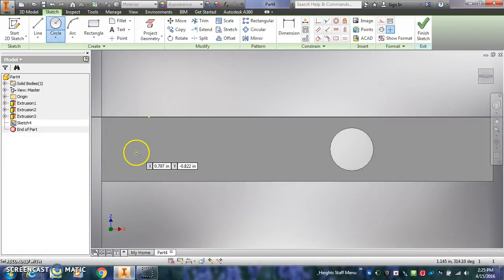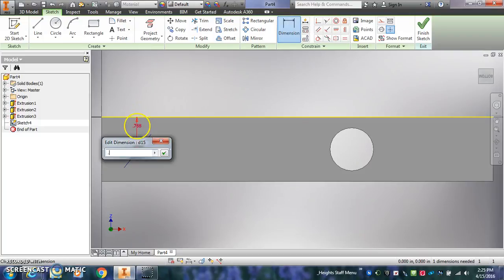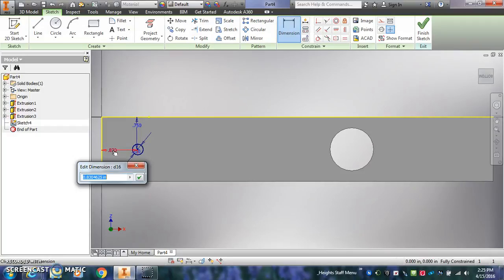Again, 1/4 inch circle, grab the circle tool, 0.25, enter, and then dimension. If you remember from the other little circle, we did the center to the top, 0.75, and then center to here. And I want to do 5/8 just to show you what it'll do. So see how I typed in a fraction and it converted it into a decimal. So 5/8 is 0.625. I'm going to finish the sketch